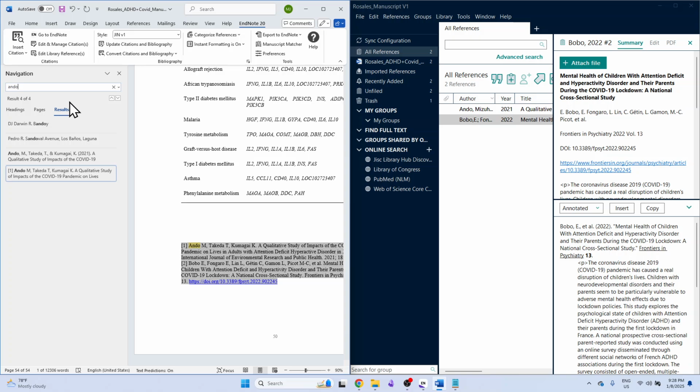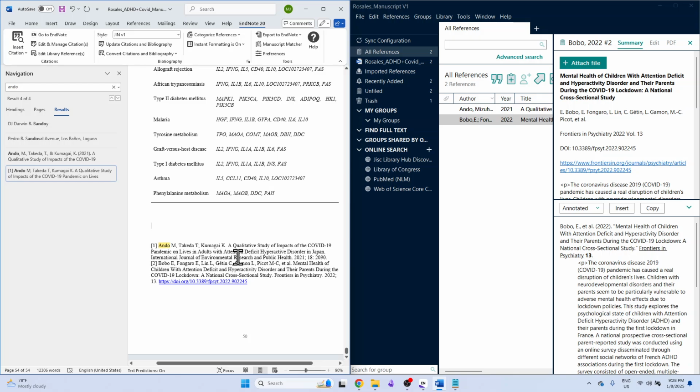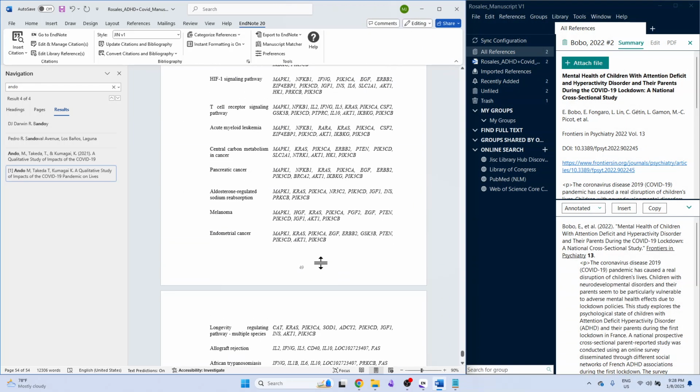Okay? So what you can do is just finish all the Ando citations. Make sure it's the correct citation kasi sometimes different articles would have the same first author but different date. So be careful. Okay? And as you can see here, it automatically created a reference list at the end of the Word file. So, ito na siya. Okay?